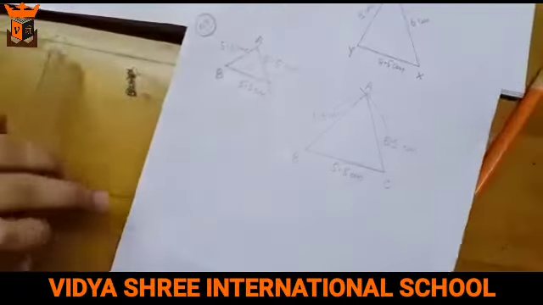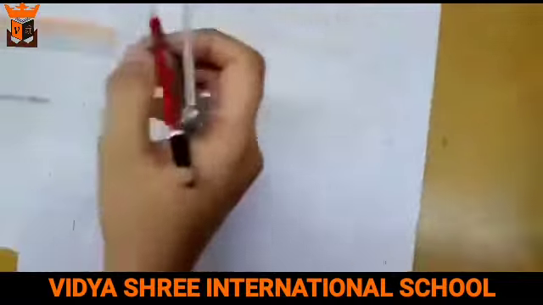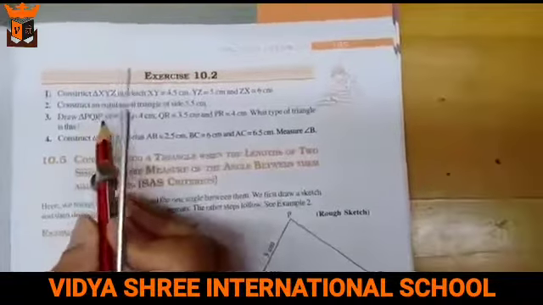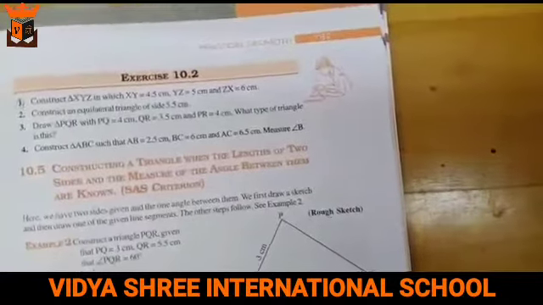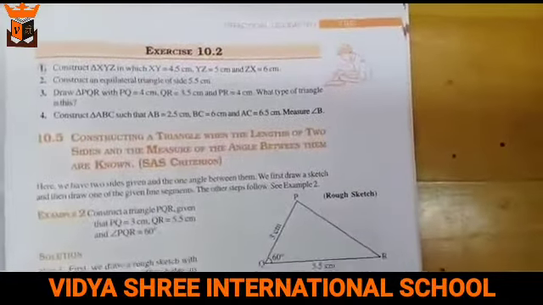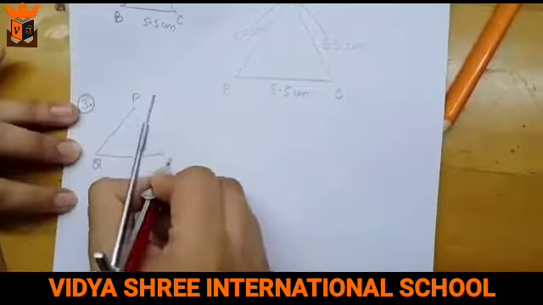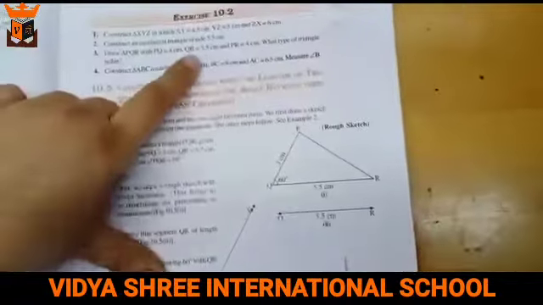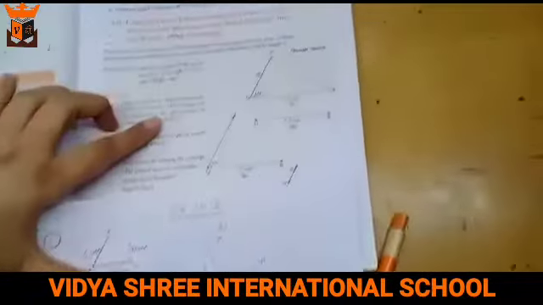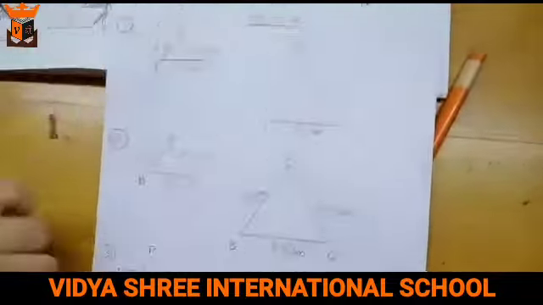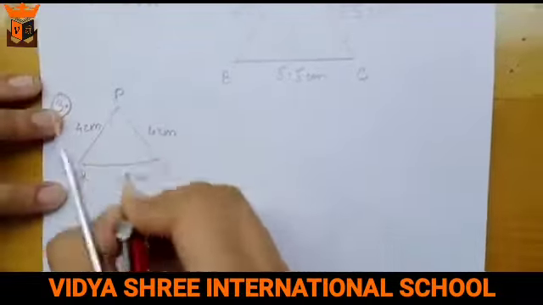So come to question number 3. Hope this is clear to you. Now question number 3, that is draw a triangle PQR. So first of all, we need to again make a rough figure, which is, we can take the name PQR. Now QR is how much? QR is 3.5 and then PQ is 4 centimeters. PQ is 4 like here and PR is 4 centimeters. So PR is 4 centimeters.